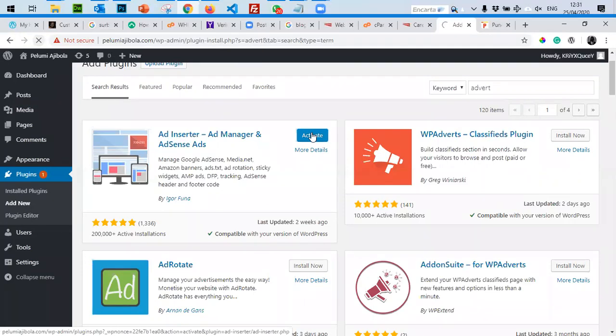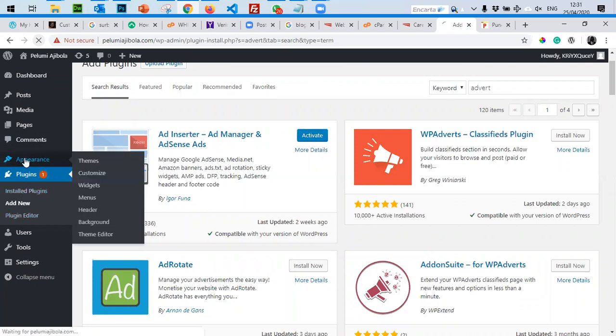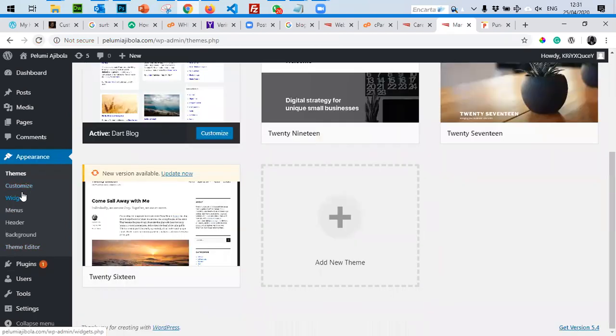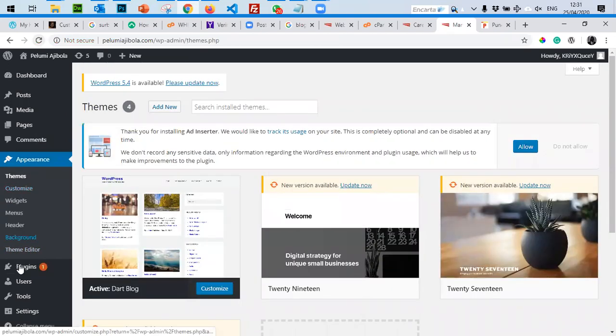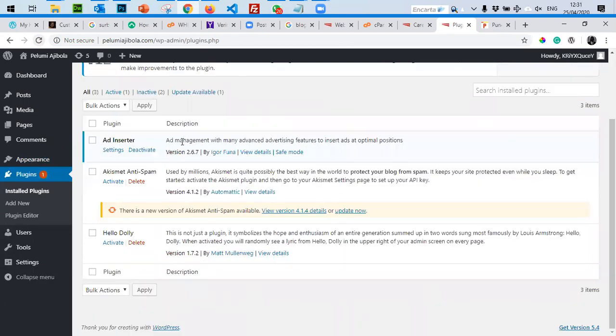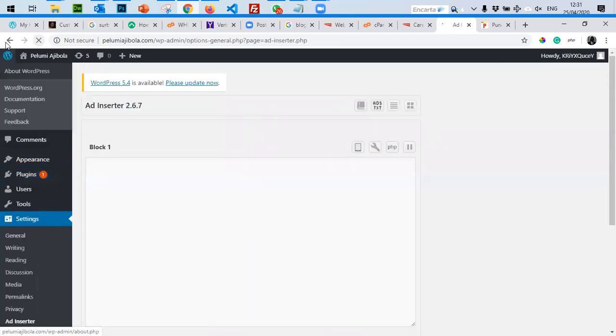Once it tells you it's installed on your blog, one thing you need to know about plugins is that every plugin has a different way of operating. After you install a plugin, you need to first go and look at, sorry, I was supposed to click on details.